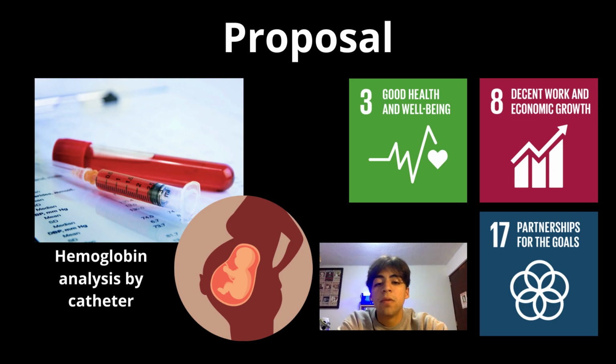To begin with, we know that this disease tends to start during pregnancy, so the fundamental thing must be to perform a preventive hemoglobin analysis on the mother, preferably by catheter, since it is much more viable, to ensure that hemoglobin and iron levels are normal, as well as to know whether there is any anomaly or risk of developing any problem related to anemia. The costs for this study are between 200 and 400 pesos.